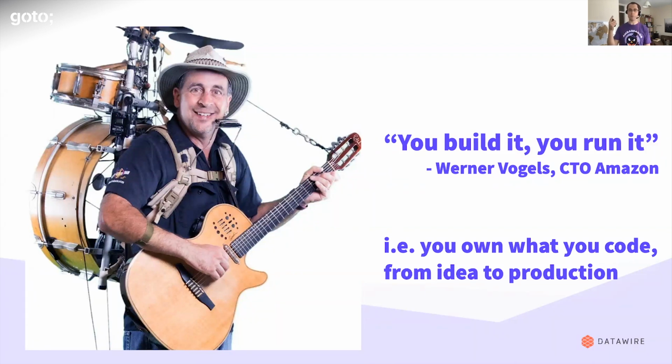The idea you're coming up with, when you code it, you own that from idea to production. It actually makes sense, but back in the 2000s when I started coding, it wasn't this. I coded some stuff up based on a fat telephone directory of requirements. I handed off my jar file to ops, and I maybe got some feedback when the users weren't happy. Kind of nuts when you think about it, but this is how it was.